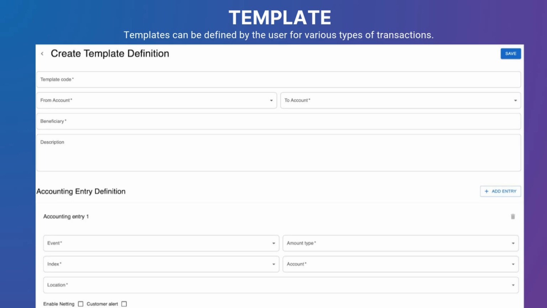If needed, multiple accounting entries can be added using the Add Entry button, allowing for more complex templates involving several financial actions. Once saved, this template can be linked to transaction codes and reused across workflows, ensuring accuracy and speed